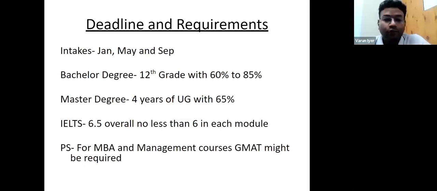Otherwise, maybe you have done a bachelor's, plus maybe 1 year of PG diploma or 2 years of master's in India. Then also you can meet that 4 years of requirement. If you have done bachelor's and master's both in India, you can still go for the master's. Many students ask me, well, I have done bachelor's and master's in India. Can I go for the double master's in Canada? Can I still apply for the master's in Canada? Definitely, 100% it's possible. It's doable.